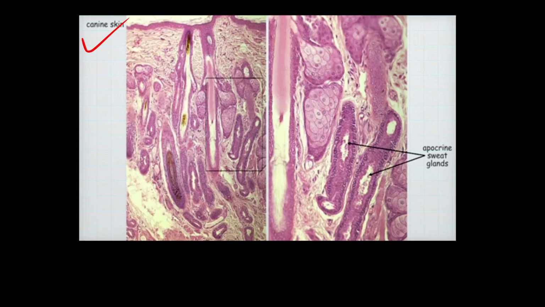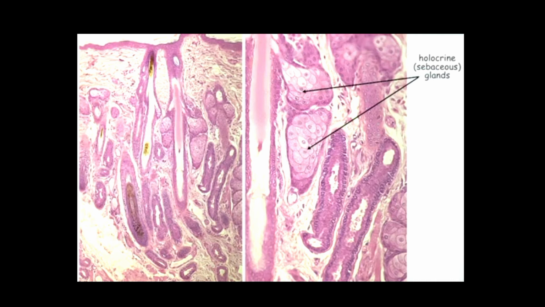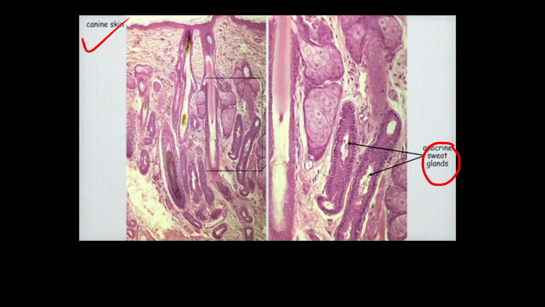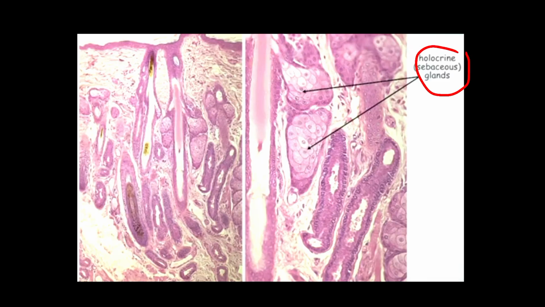Now, the canine skin. In the canine skin, apocrine sweat glands are there, as we have seen the merocrine in the foot pad. But in the body skin, the sweat glands are apocrine type because the apical portion of the cell is lost into the secretion. In case of canines, these are the holocrine sebaceous glands. In the dog, you can see here the apocrine sweat gland, and in this location we can find the sebaceous gland, that is